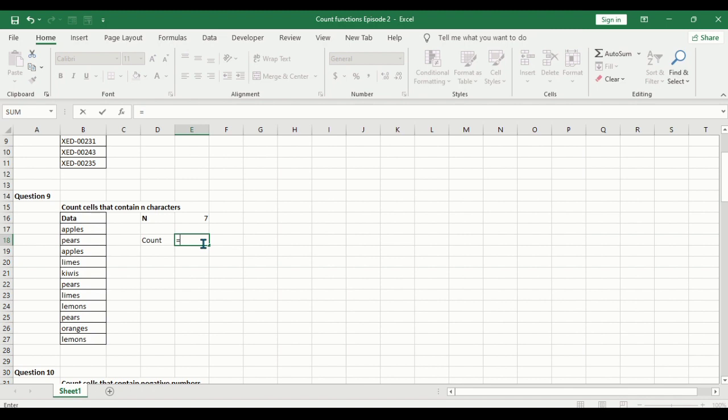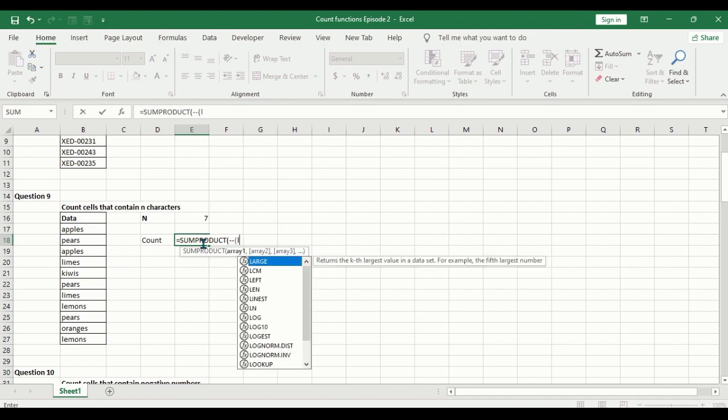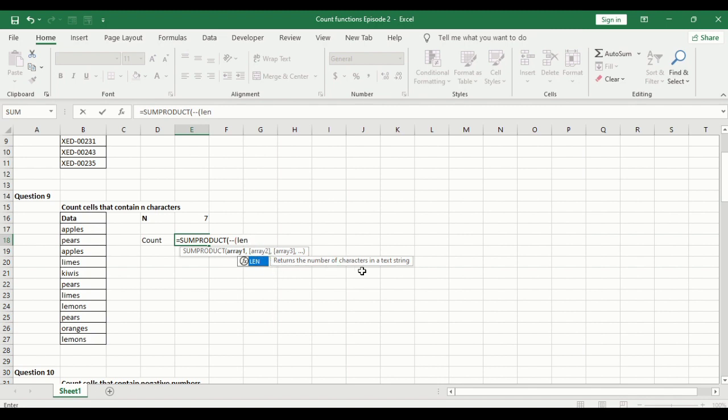All we have to do is write the formula using equal sign, then SUMPRODUCT, then hyphen, open bracket, LEN. We use the LEN function, which returns the number of characters in a text string. So it's asking for the text now. That means we have to select the range. Then we close the bracket, equal sign,